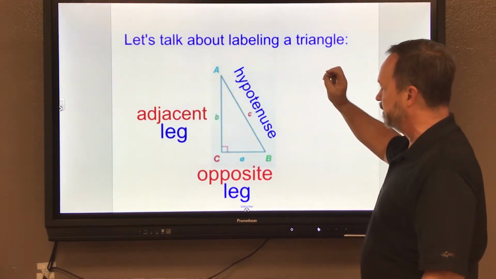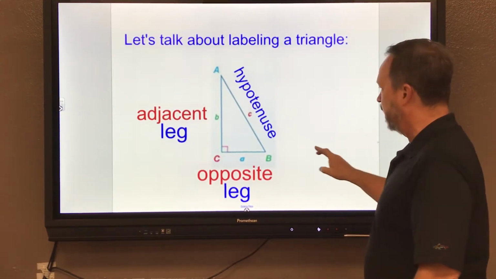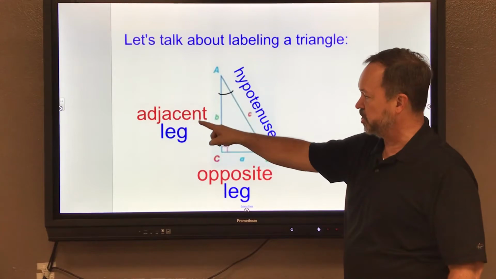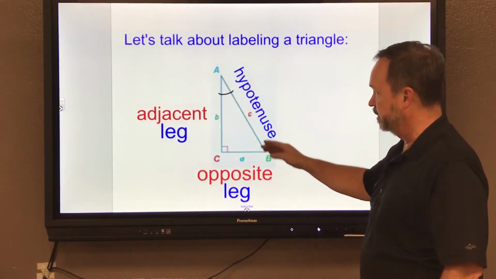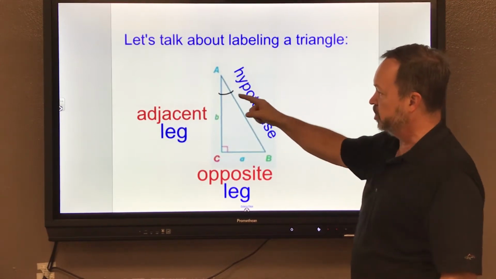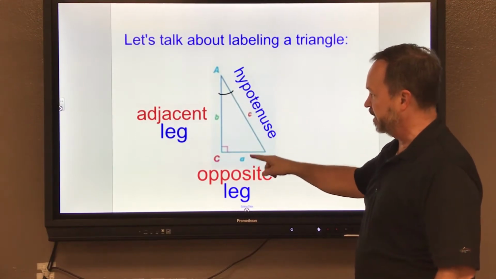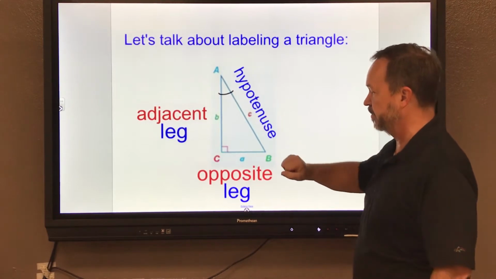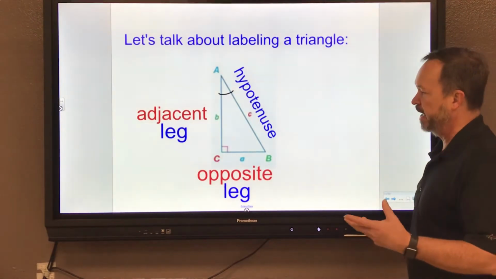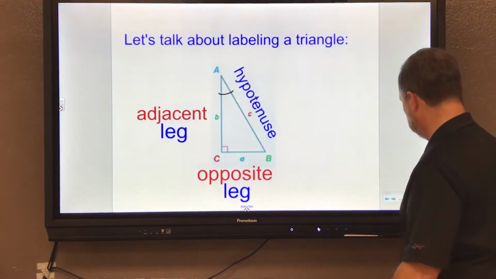Now, if we're talking about a particular angle here, like angle A, then you can see this is the adjacent leg, this is the opposite leg. This is the hypotenuse, period, because this is the one across from the right angle. The adjacent leg is the one that touches the angle we're talking about. And the opposite leg doesn't touch it. So it's opposite of A, is side A, is the opposite leg. So the purpose of that is to be able to recognize who's who,